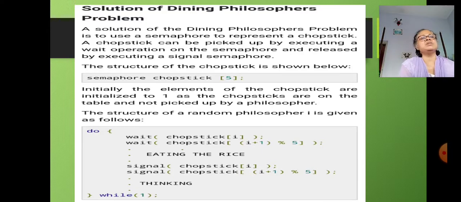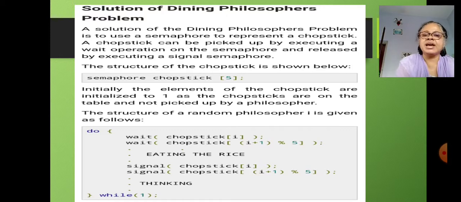Use an asymmetric solution: an odd philosopher picks up first his left chopstick and then his right, whereas an even philosopher picks up his right chopstick and then his left.